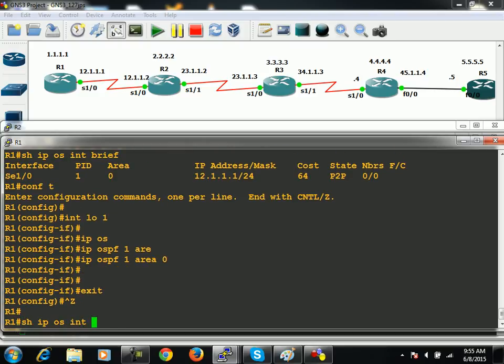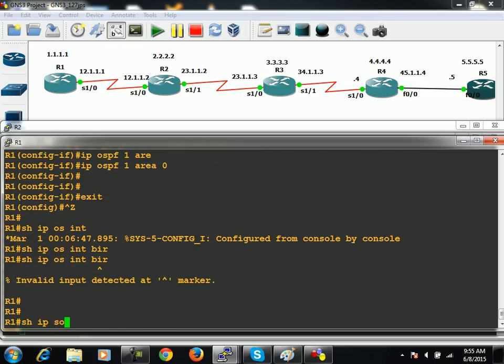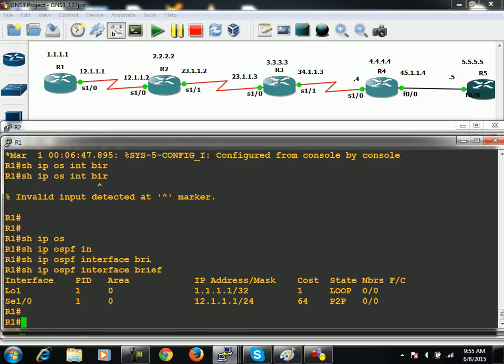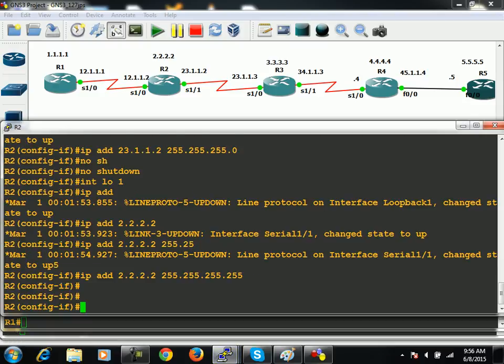So let me show you show IP OSPF interface brief. This command will be used by you to ensure whether OSPF is enabled onto interfaces or not, right? So on these two interfaces now OSPF has been enabled. Then you do one thing, move on R2,